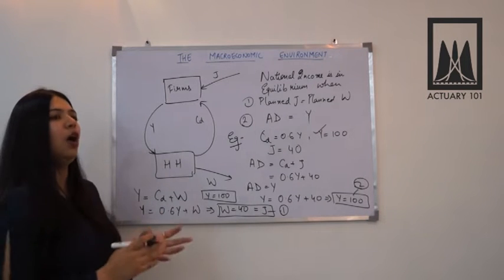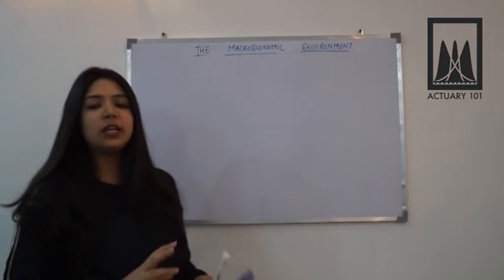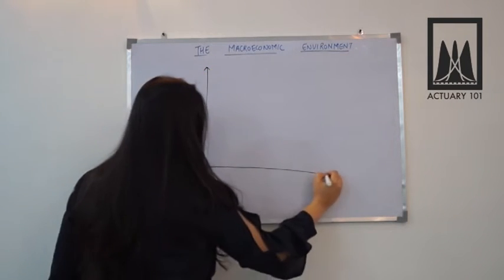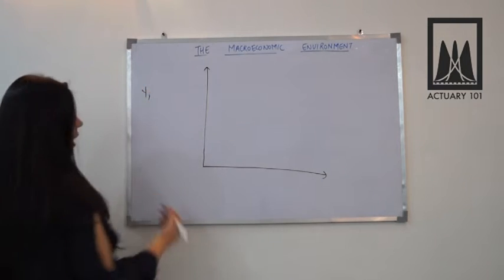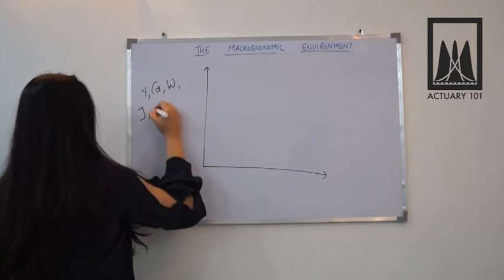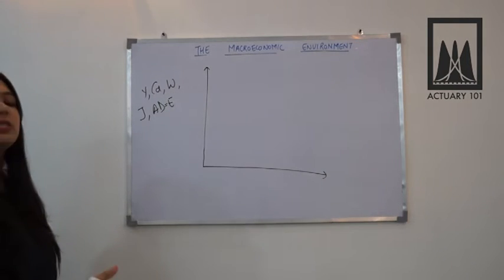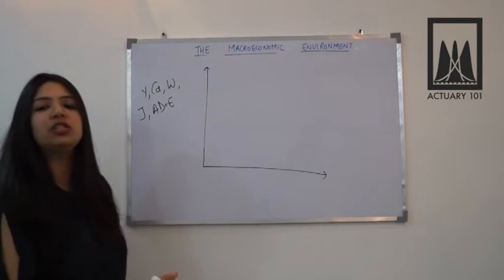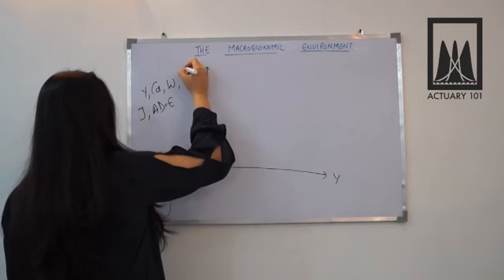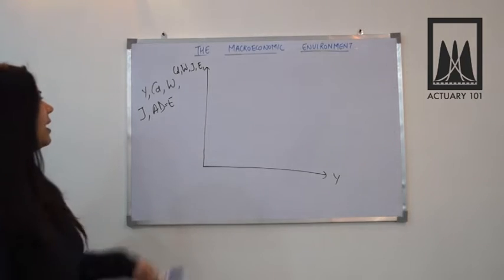We'll try to understand how we calculate the national equilibrium level using a diagram. Now let's look at a diagram. To plot this, what components do we need? We need Y, that is national income, then CD, W, J, and aggregate demand, which I am representing as E, the planned expenditure, because aggregate demand is the planned expenditure on goods and services. I'm taking Y on the x-axis and all the rest of the components on the y-axis.